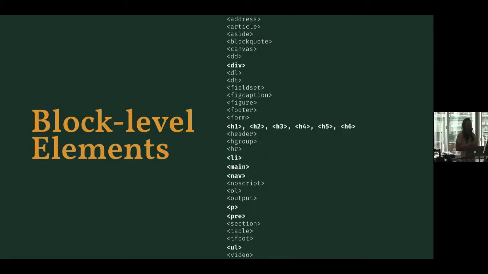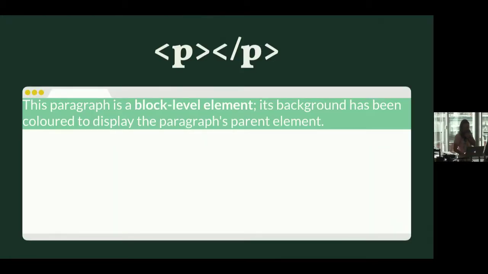A block level element will start at the left side and take up, if it can, the entire width of the browser, and if it cannot, then the next element in the list would drop down to the next side either way. So block elements are never going to stack horizontally. We're never going to be able to see them beside each other like that. So this is what it looks like. This paragraph is actually just a block level element. It's taking up the entire width of the screen. We saw